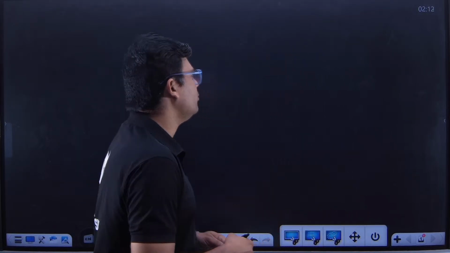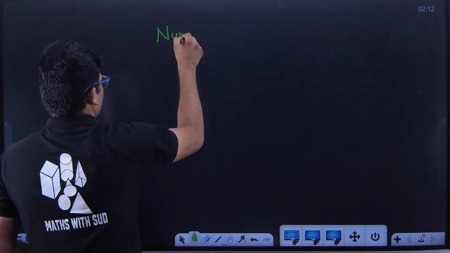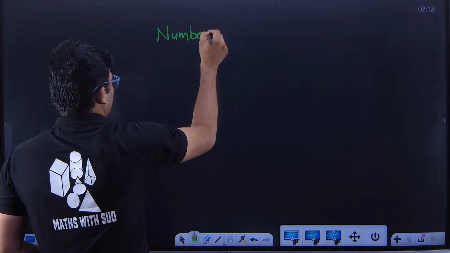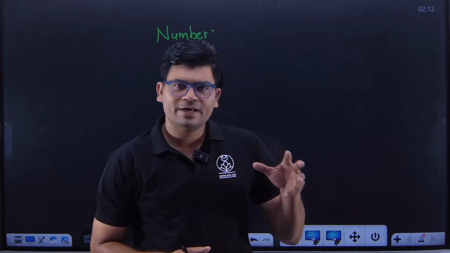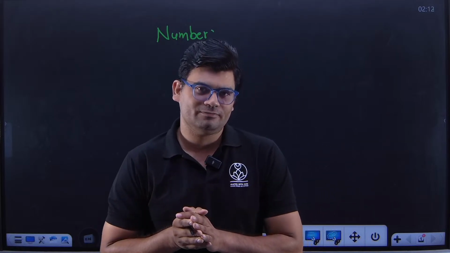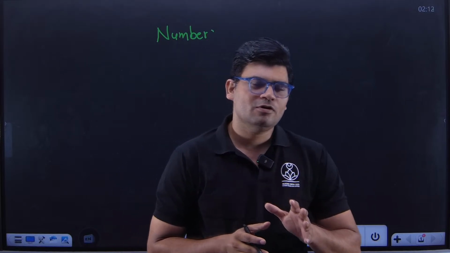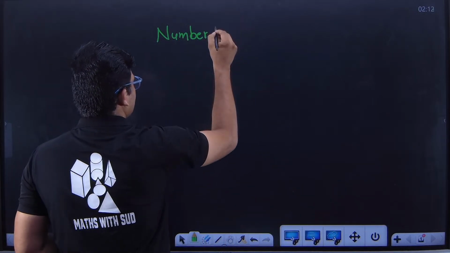The number system is a group of numbers. In the number system, we have a group of numbers. On the basis of the kind of numbers, the groups are named differently. Okay, so first of all, the first number system that we have to learn is,